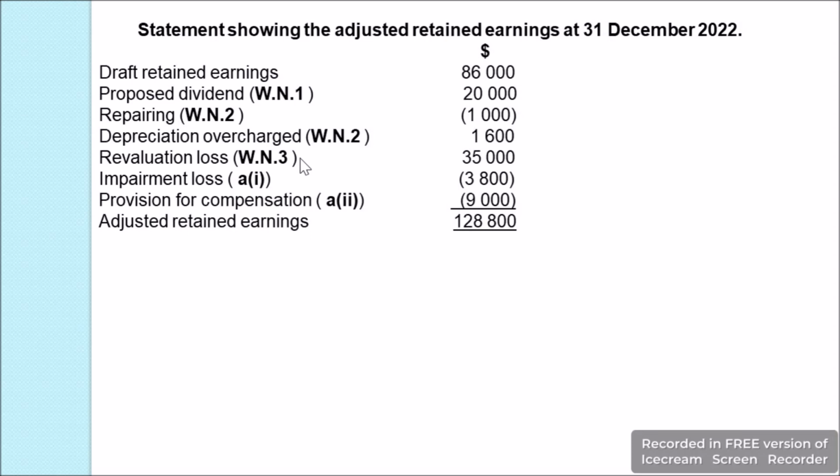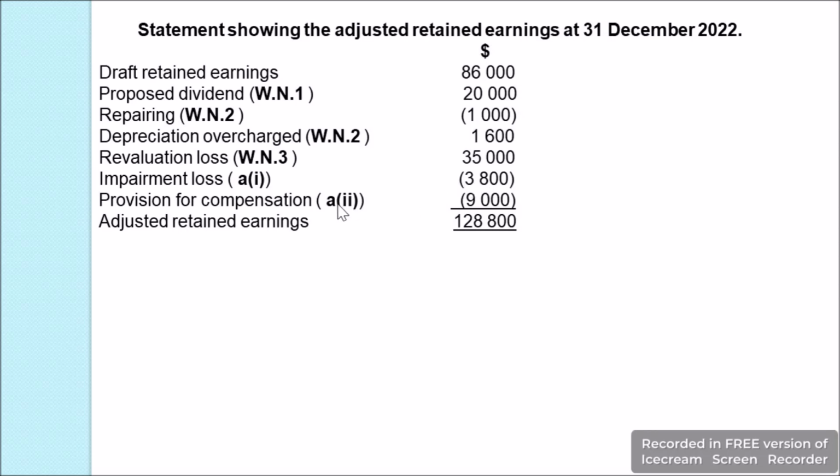And then the revaluation loss for property, this should be set against the revaluation reserve, not the retained earnings, and by mistake it was set against the retained earnings, hence it is added back as $35,000. Then the impairment loss, which we have calculated in the first A bit of this answer, was $3,800 for the motor van, and as this is a loss it has to be subtracted, and hence we have subtracted 3,800